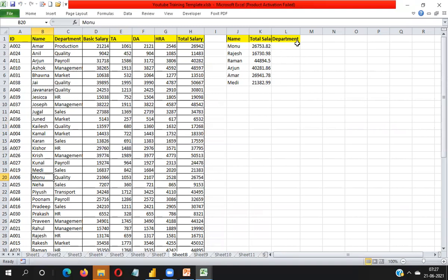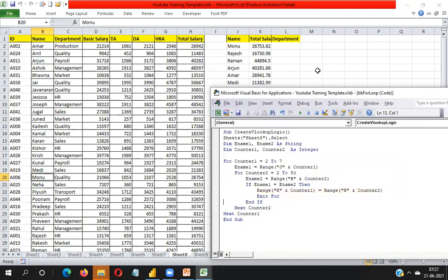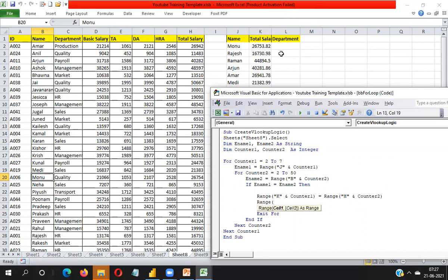Now you have to take data for department from this data range. So what you have to do here, you need to write a similar type of code. Okay, Range, where you need to place the data, you have to decide first. I need to place data in the L column, that's why I need to take the L column reference. Counter 1.